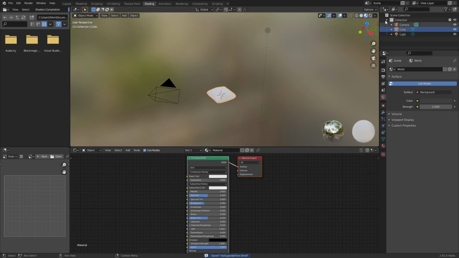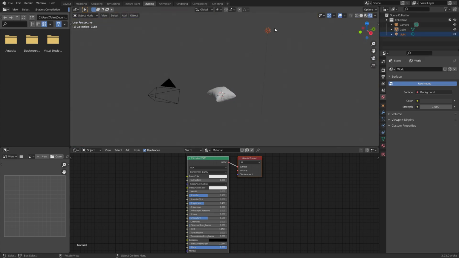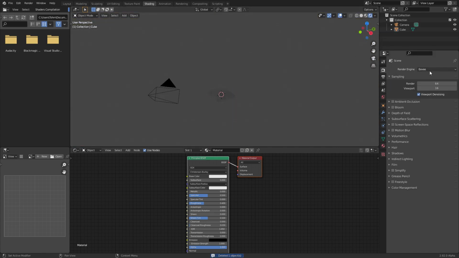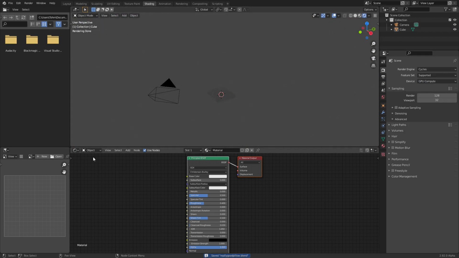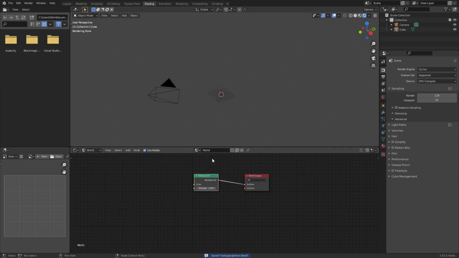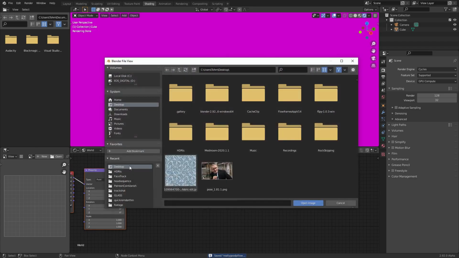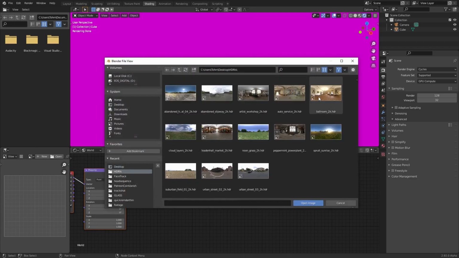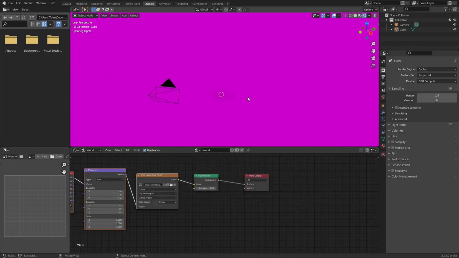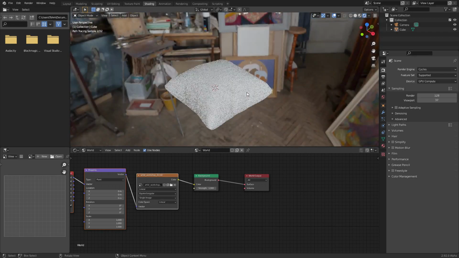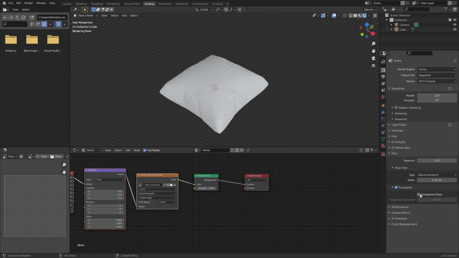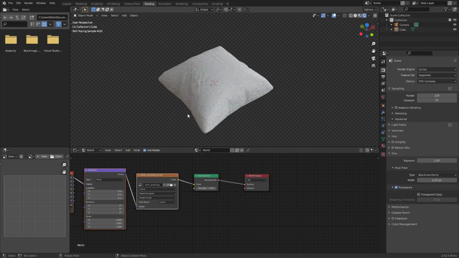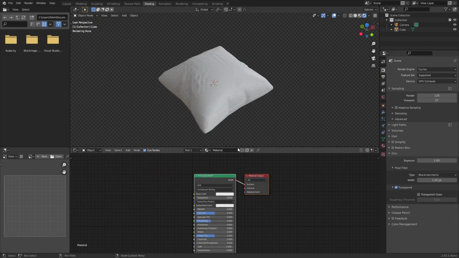So, shading workspace, just got to quickly set this up. I'm going to remove the light, switch this over to Cycles. The reason I'm doing this is one, for realism, and two, we can actually apply our HDRI lighting without any scene lights because it looks better and it's going to look correct. So ideally, you pick an HDRI that is an interior because that's usually where you see pillows. Of course, other lighting conditions make sense, but it's just not where you see pillows usually, so it's going to look weird. Okay, so now we have our basic lighting set up, and already this is a fine pillow